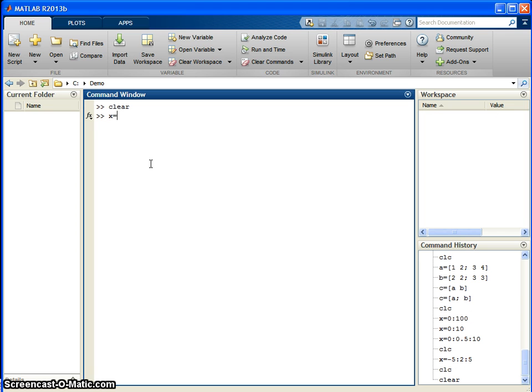I write x equals 1 1, 2 2 is a matrix, and again I say now y equals 2 2 and 3 3.